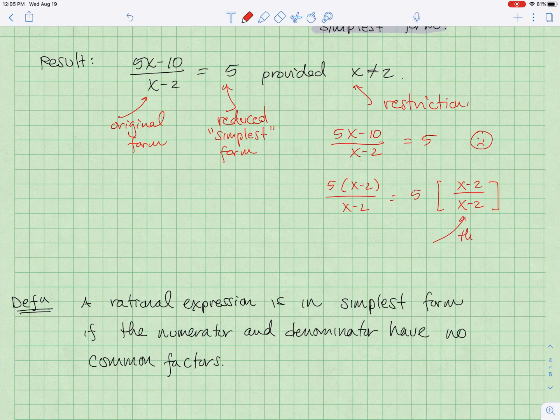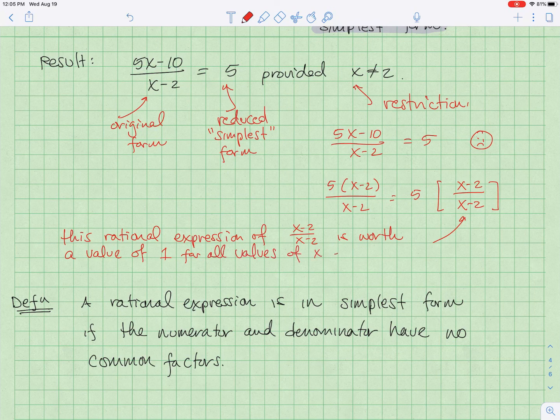Now, in general, this rational expression, x minus 2 over x minus 2, is worth a value of 1 for all values of x except when x is equal to 2, which gives us 0 divided by 0,